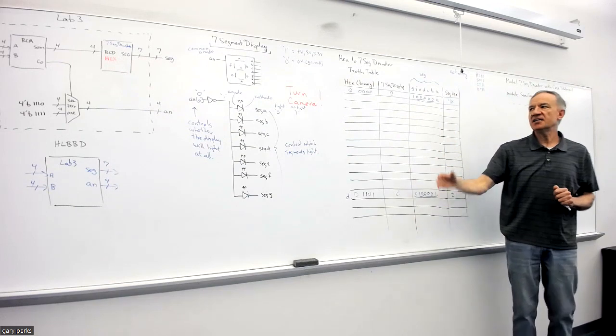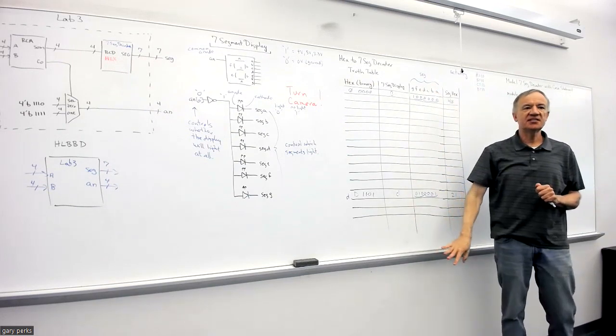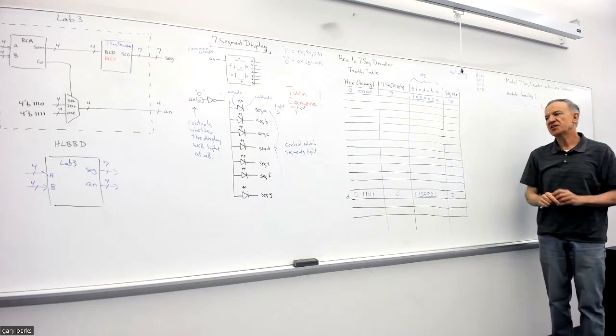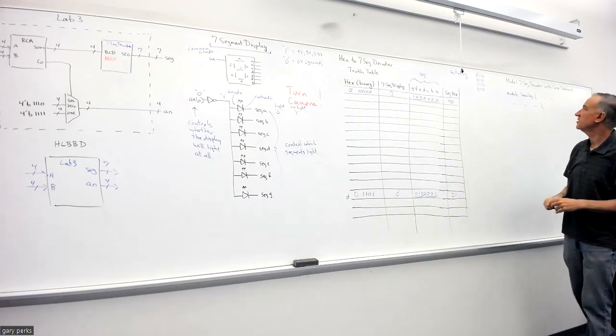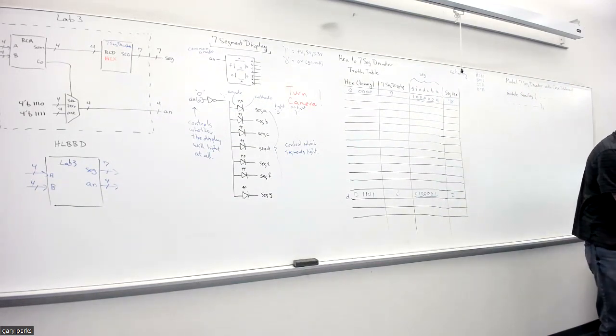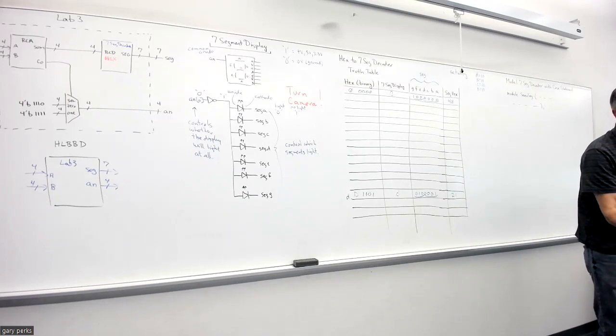The activity today is going to be just completing this table. Each person do their own table, then again, just pass one in for your table. All right, the next thing is to talk about how you're going to model the 7-seg decoder